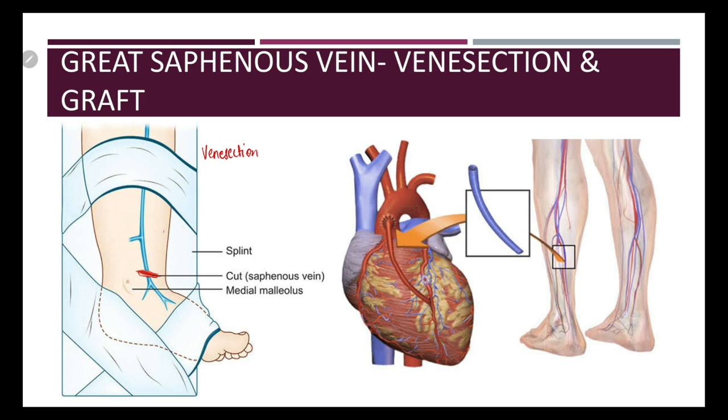Now note that in front of the medial malleolus, the saphenous nerve lies in front of the vein. However, during the cut down procedure, the saphenous nerve should be recognized to avoid its injury. Then we have the great saphenous vein graft. In coronary bypass surgery, to relieve the ischemia of the heart, a segment of the great saphenous vein is removed and used for aortocoronary grafting to bypass an arterial obstruction. Due to the presence of the valves, the vein has to be reversed so that its valves do not obstruct the blood flow.